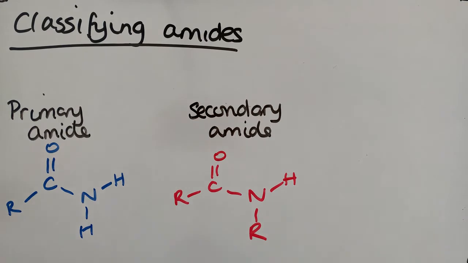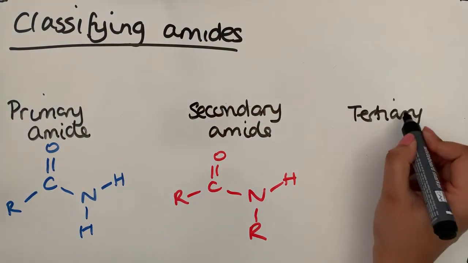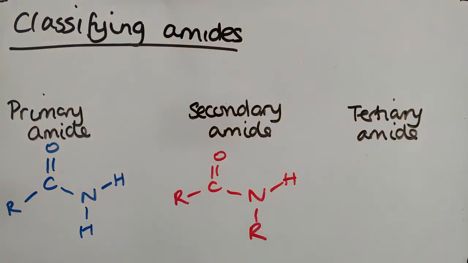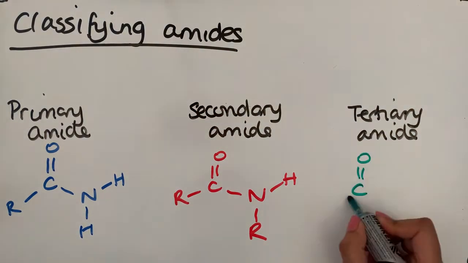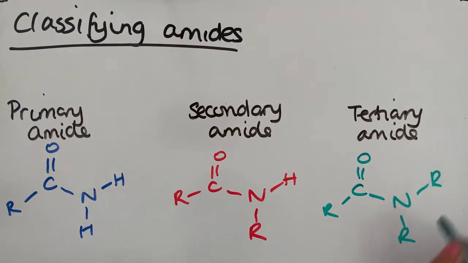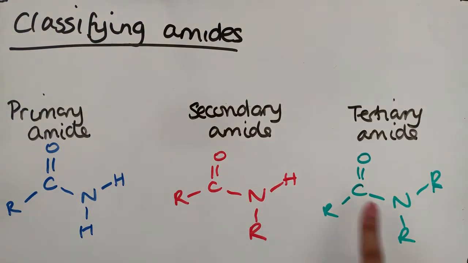And a tertiary amide is one where there are no hydrogens attached to the nitrogen and there are just R groups attached to that. The R groups can be whatever, we don't really mind about that at the moment, but it's how many hydrogens are bonded to the nitrogen. This one there are 2 hydrogens, this one there is 1, this one there are none,